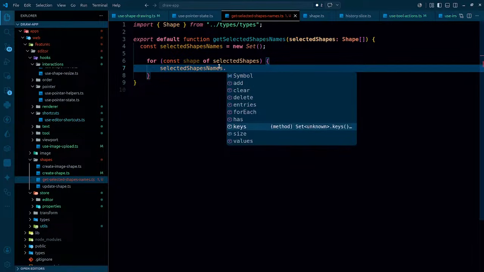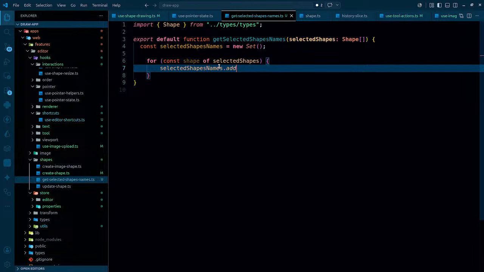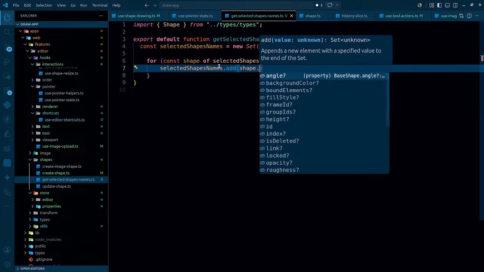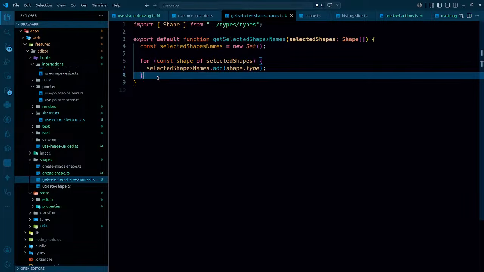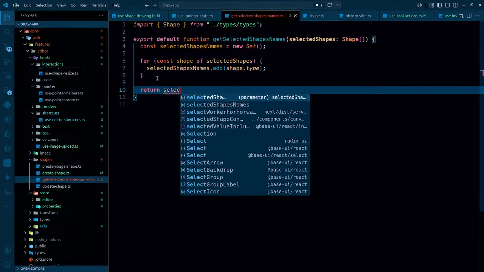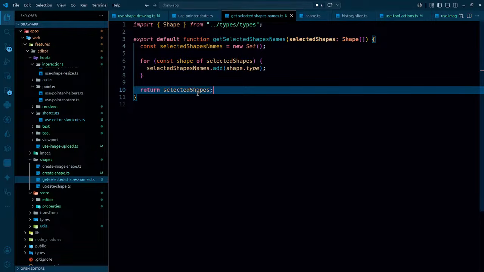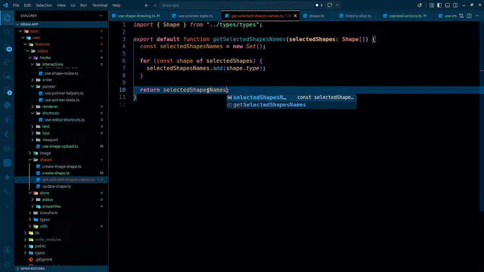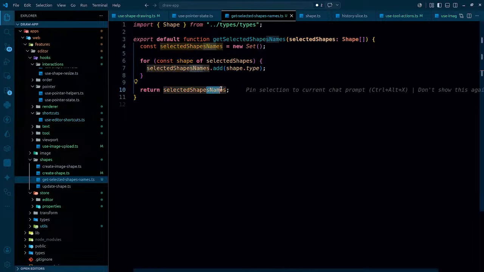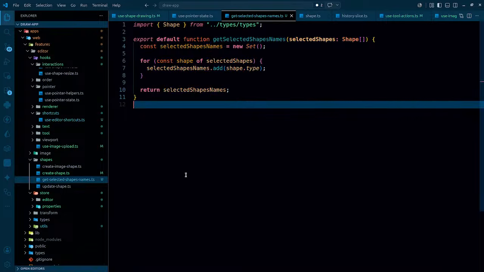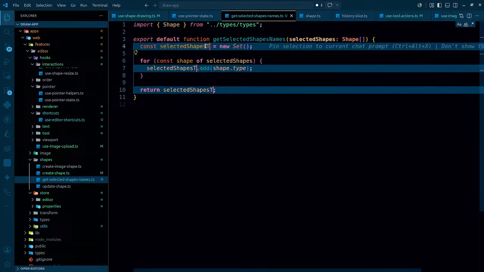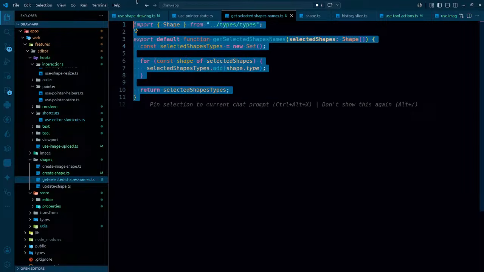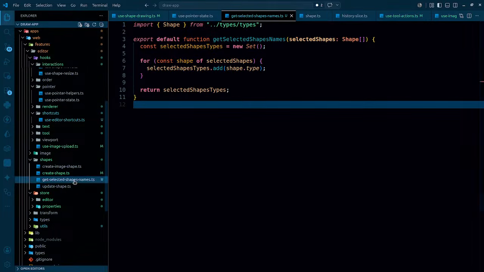We can add, we can delete, we can do all these things. Let's just simply add the value. Type. Alrighty, that is it. Selected shapes names. Exactly how many shapes are actually selected. It could be names, it could be selected shapes types. Selected shapes types are gonna be here. Then in that case we could name it to